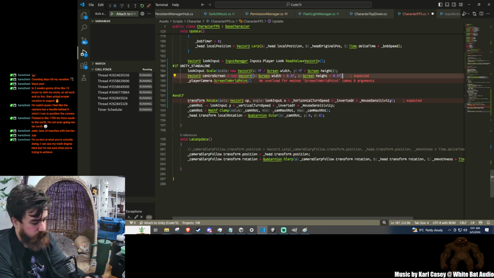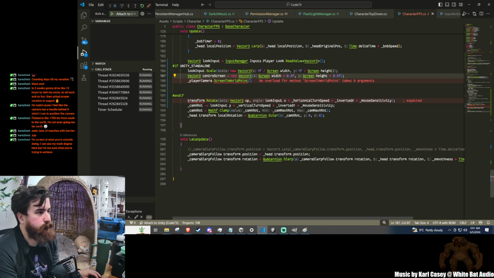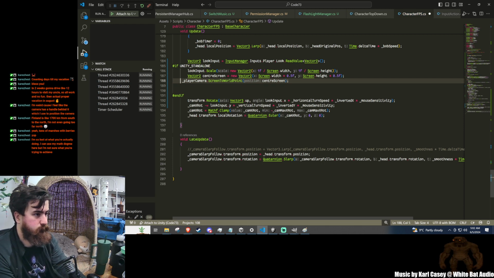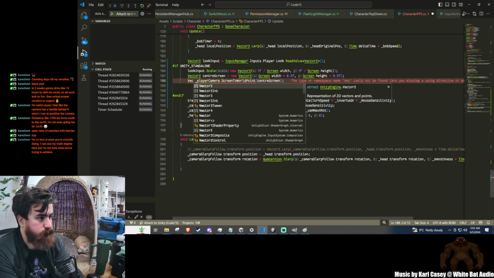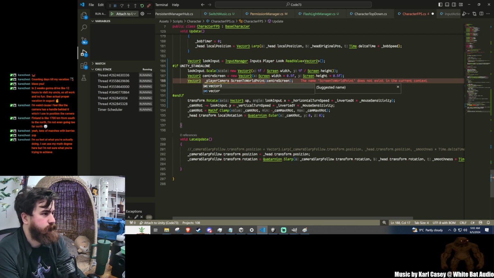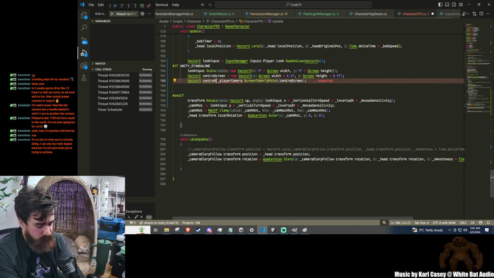Okay. And then vector 3 center screen world,